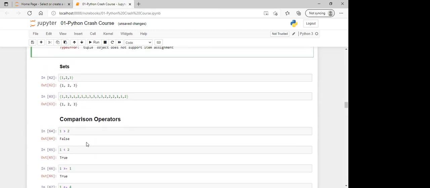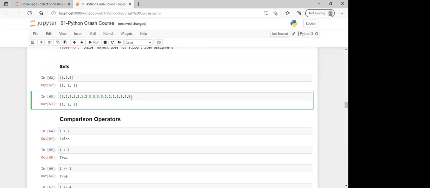Now we have sets. In sets, if you pass anything as an argument, you will only get unique elements. There will be no repeated elements.